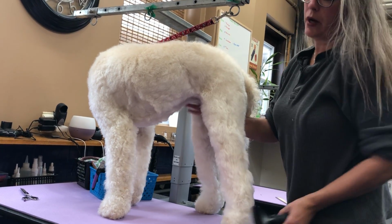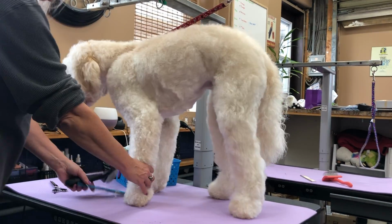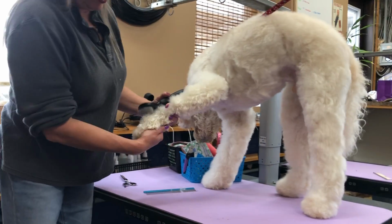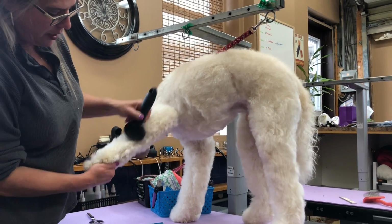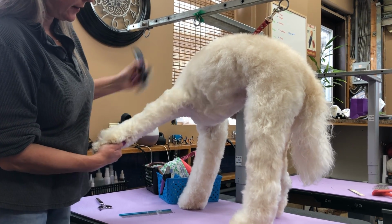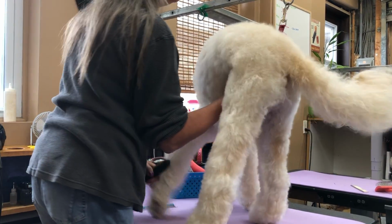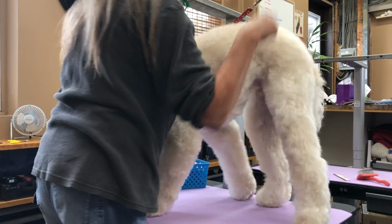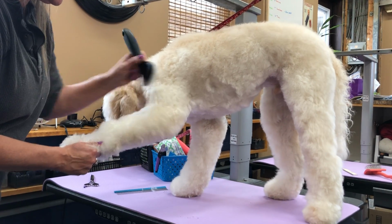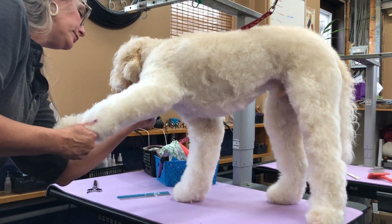Okay? So I'm gonna walk in front of the camera so that I can get this done. So here's the front, holding hand, and I go from the toes up. Okay? He's gonna turn and move around. He hates having his front legs brushed and combed. Most dogs do, but I don't want him to go that way. I want him to stay this way. And this is when you can get into a bit of a battle with the dog, but you gotta try and remember your training